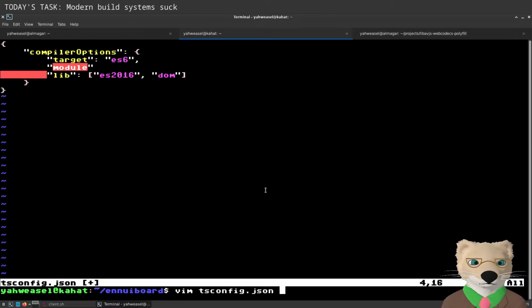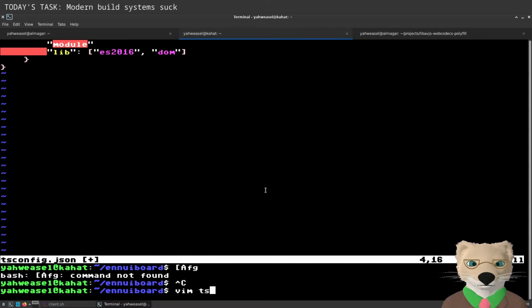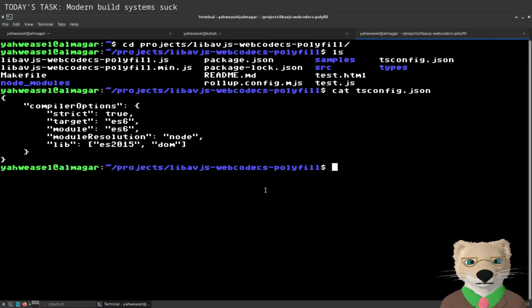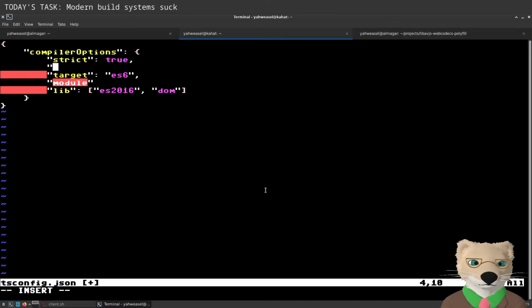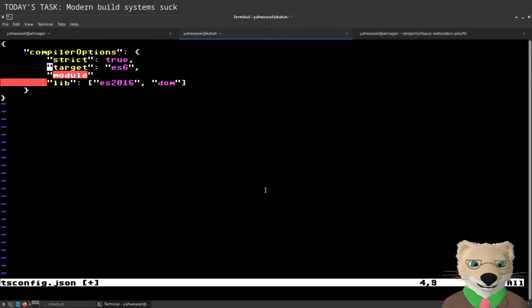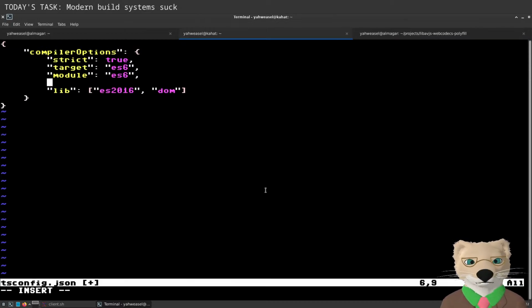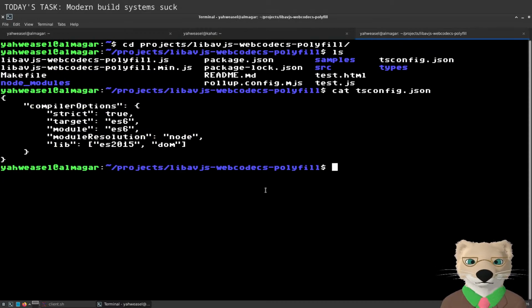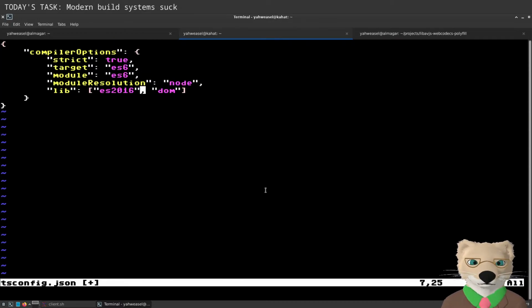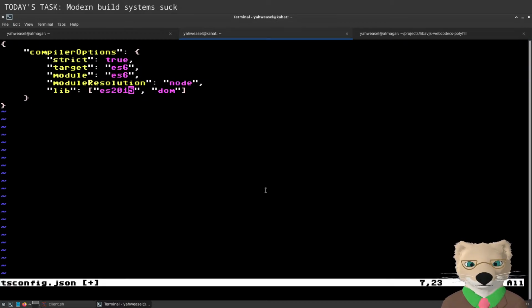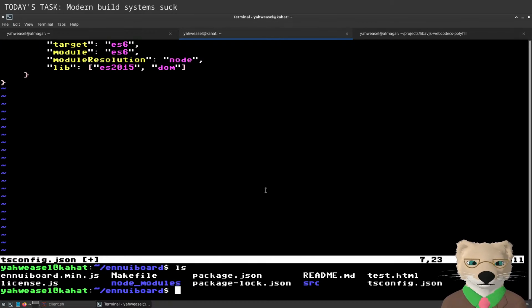There we go. Strict true, target ES6, module ES6, module resolution node. ES2016, and I don't see why I would need 2016. Okay.